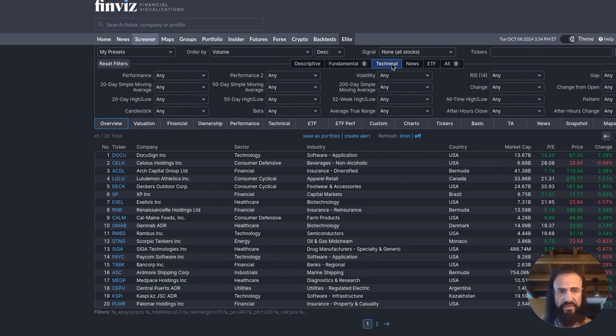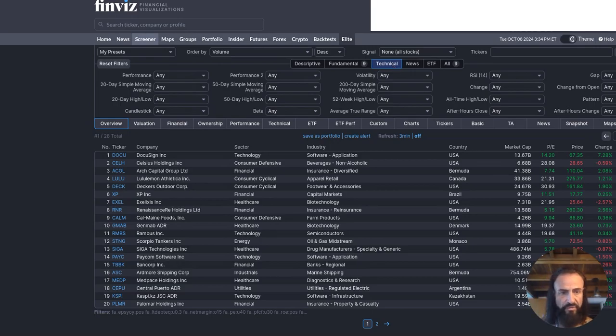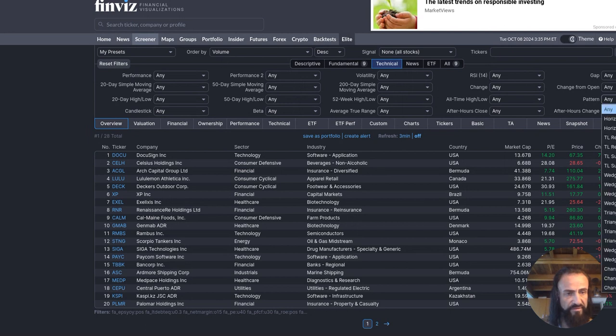In that case, you can come here and look at the technicals, like your 50-day moving average, 200-day moving average, of course the 52-week high, the 52-week low, and I believe a lot of you guys are interested in the pattern, and here you can see if you are looking for something in particular, like a wedge, a channel up,